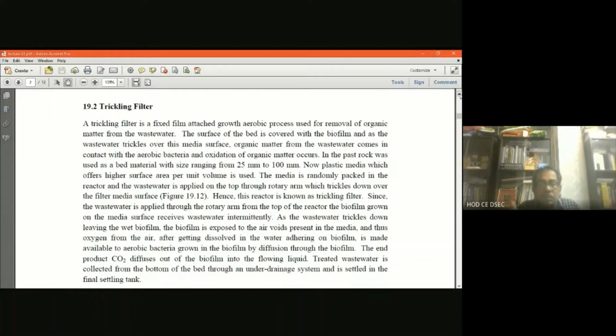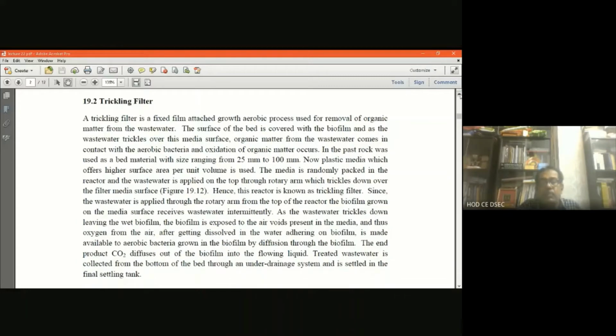So when the wastewater goes out from the treatment surface, then that exposed surface of the biofilm will be in contact with the air. It helps to grow the bacteria also, because air in contact with the biofilm takes place when the water leaves out. Now the end product carbon dioxide diffuses out of the biofilm into the flowing liquid,